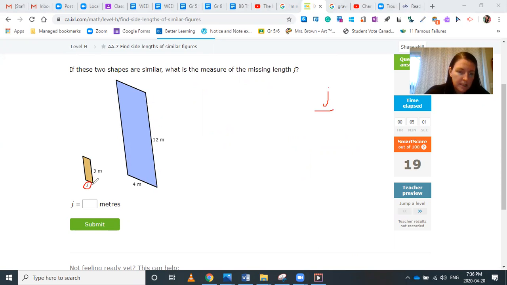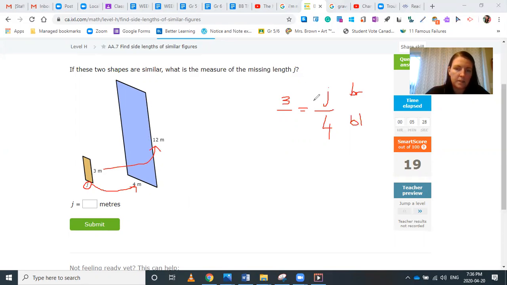And the corresponding side on the blue one is right there, which is 4. We've got brown on the top and blue on the bottom. It's very important that you take from the brown side at the top both times, otherwise your proportion is not going to work. Okay, so we've been given the other side is 3 meters, and its corresponding side is there,